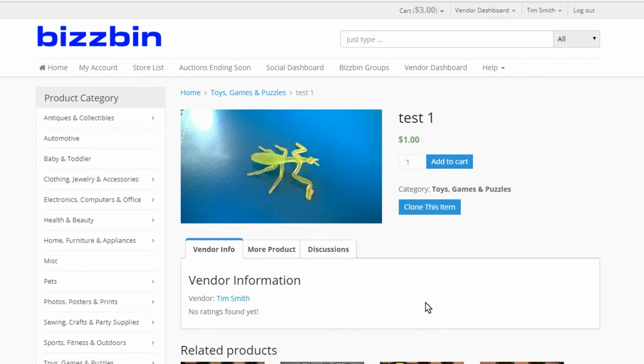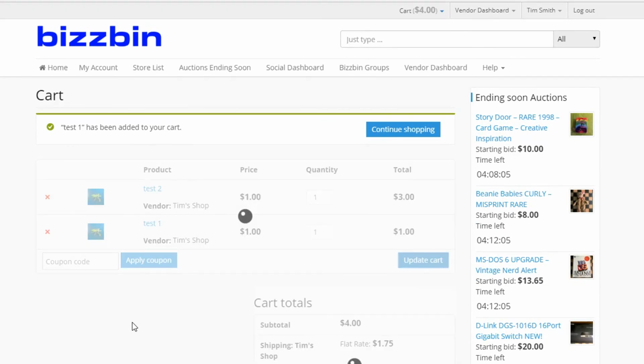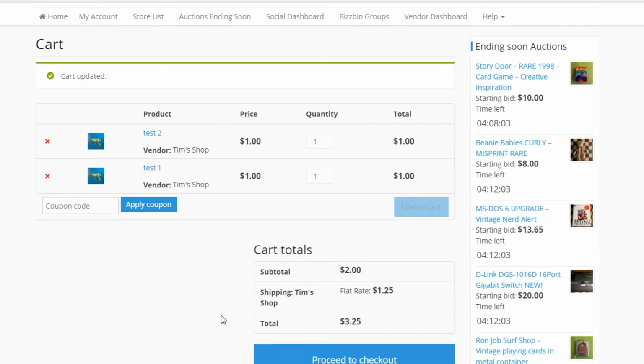And now we have this test 1, this neat little praying mantis, and I will add 1 to my cart. And actually, for the sake of simplicity, let's bring that down to 1. So now you'll see, even though there's 2 separate products, it's not charging us $1 shipping for both of them. It realizes that both of these items are in the same shipping class, and it goes ahead and only adds